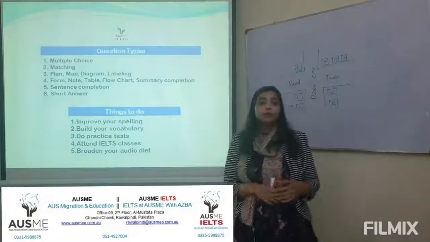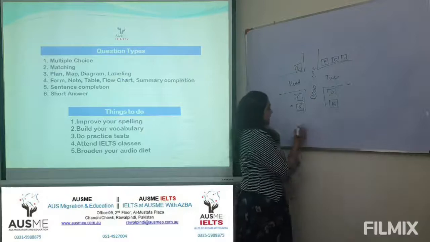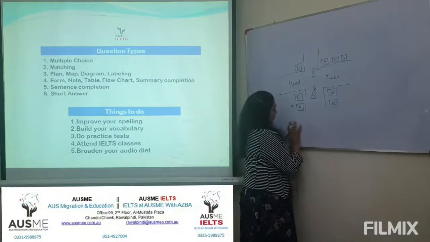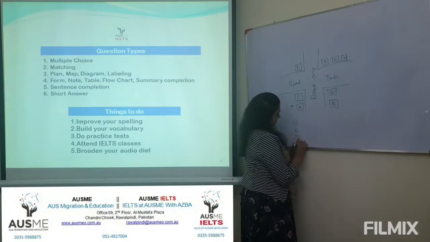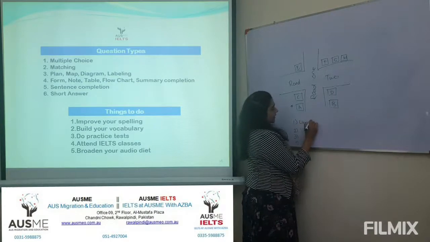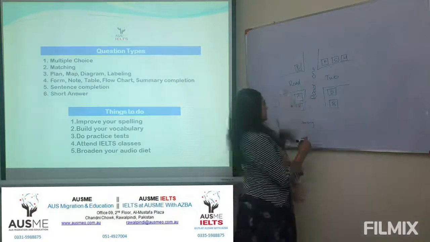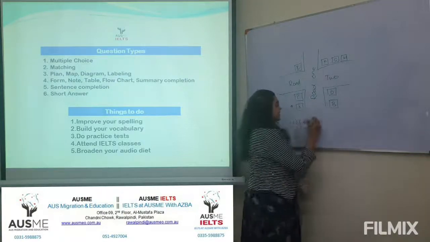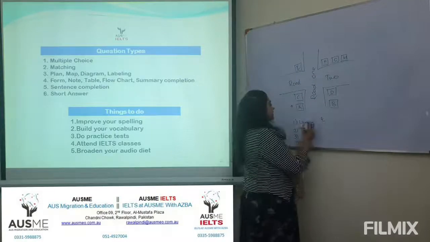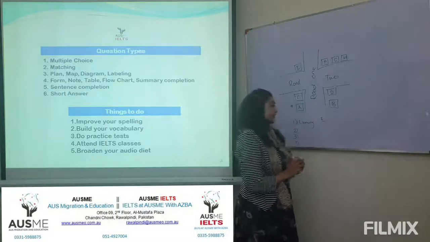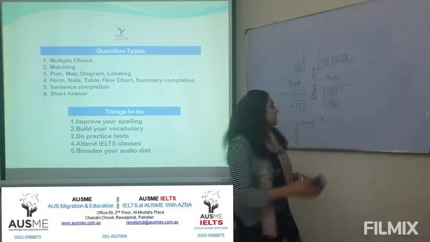So you always have to remember what your starting point is, and the audio will keep telling you about each of the places. And then you could probably have options here, for example, like a library, and then there will be this blank that probably the audio will tell you which one's the library, and then you'll have to write. For example, if it says E is the library, it wouldn't actually say E, but it will tell you in giving you directions. So if that's the letter for it, then you'll write E in the blank. Cool? The next one